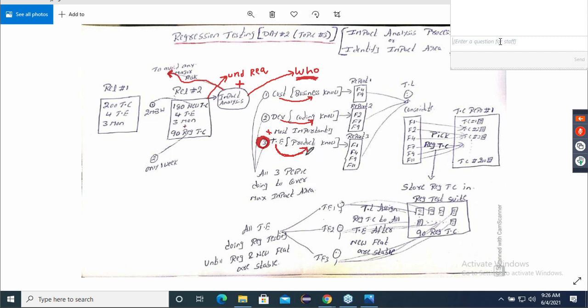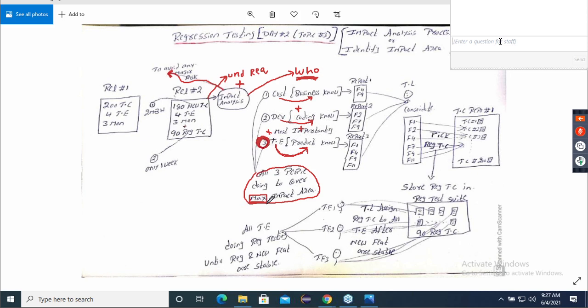Yes. So now I am also doing, test is also doing, developer is also helping you, customer is also helping you. So customer plus the developer plus the test engineer. If all the three people are involved, see here what I have written. If all three people are doing, we can cover maximum impact area. Are you understanding this sentence? If all are involved, we can cover the maximum impact area. Are you understanding?